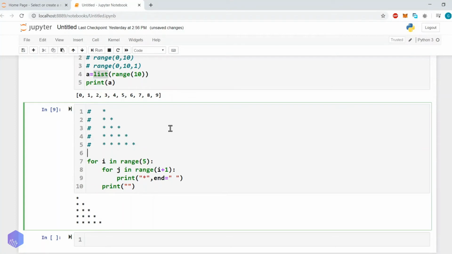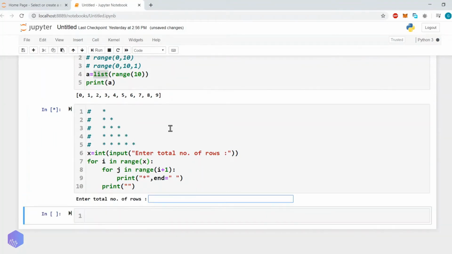Let's say x is equal to int input, so we will get input from the user and then convert it into an integer. Enter total number of rows. Clear with this? And then here instead of 5 we will write x.